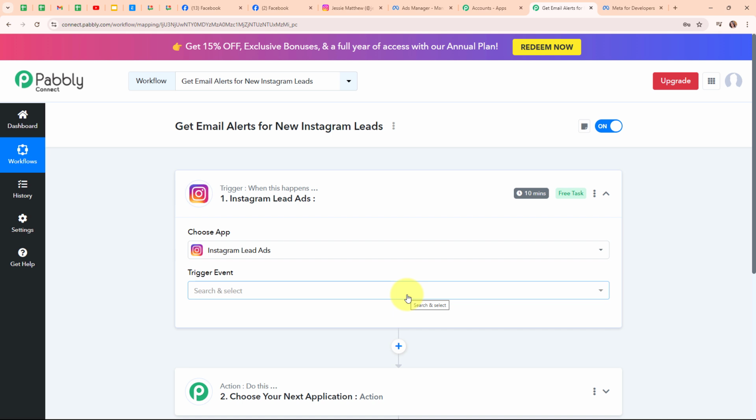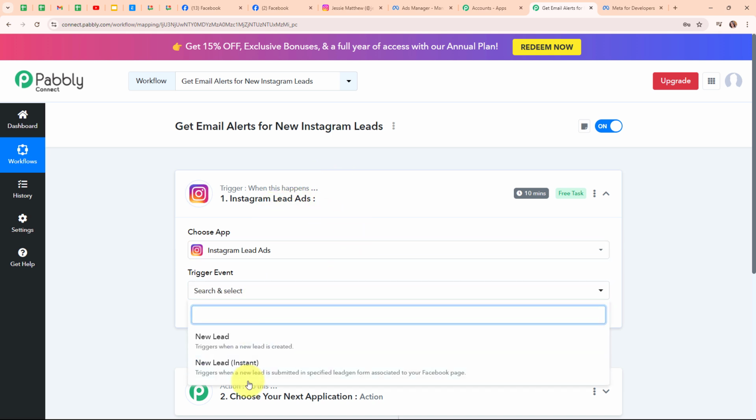People use Instagram lead ads because they simplify the process of gathering leads, making it easy for users to sign up or express interest while staying on Instagram. It's a great tool for businesses looking to generate leads quickly and efficiently, reaching a large audience where they are already active. So here in my Instagram lead ads trigger, I'm going to select my trigger event as new lead instant,